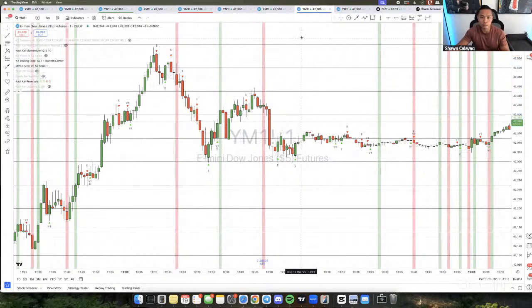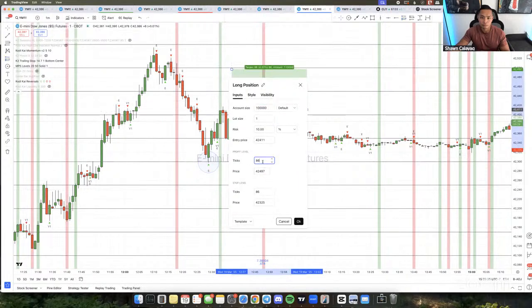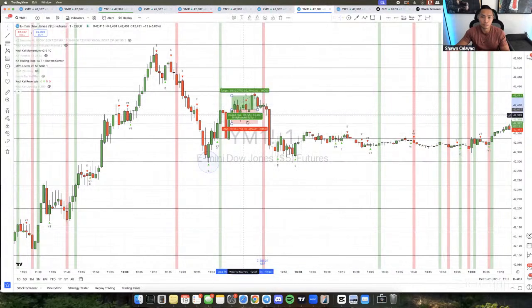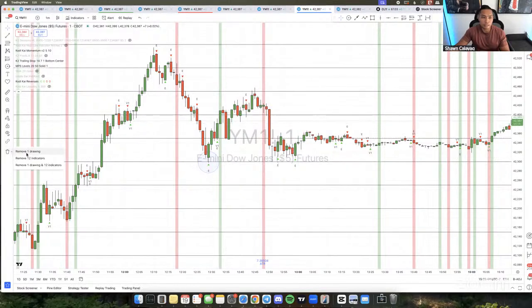Same with this here, right? Price bounces off this whole number right here, which is the 42,300. We get a buy signal here, price pushes back up. We have an MPSv2 that sets up right there. This is an MPSv2. Full TP right there, right? So that is, again, the same thing. I use the same thing here.